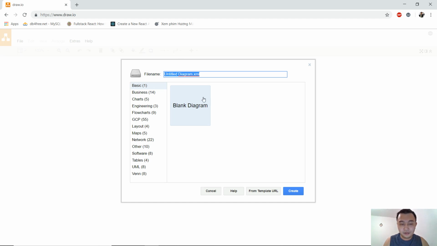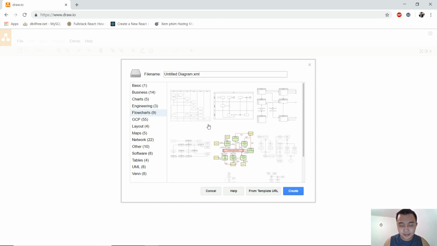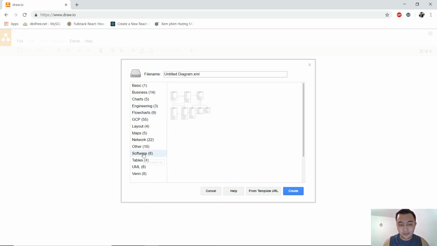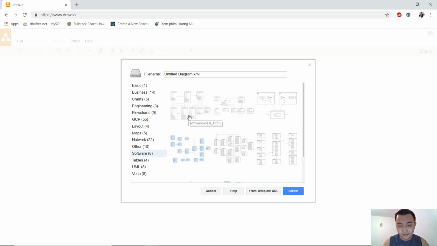When you choose create new diagram, there are options over here that you can select. If you do basic, it's just going to be a blank diagram. Business and the others are just templates that you can follow. For us, primarily we are going to be at software, and if you just hover over, you can see that they have different